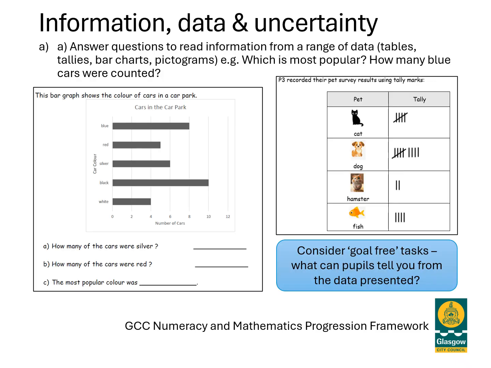So a couple of examples here, which you might recognise from our universal assessments that were aligned to the Glasgow Counts trackers. The questions are still really useful, so even if you're not using those as assessments, I would encourage you to look at those assessments as sources of examples for questions. In the left-hand example, you've got records of number of cars recorded of different colours, so we would be asking things like